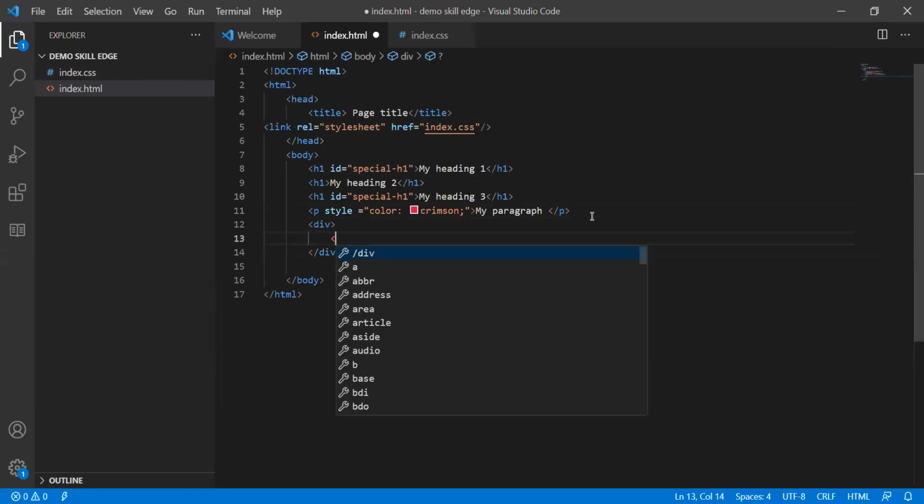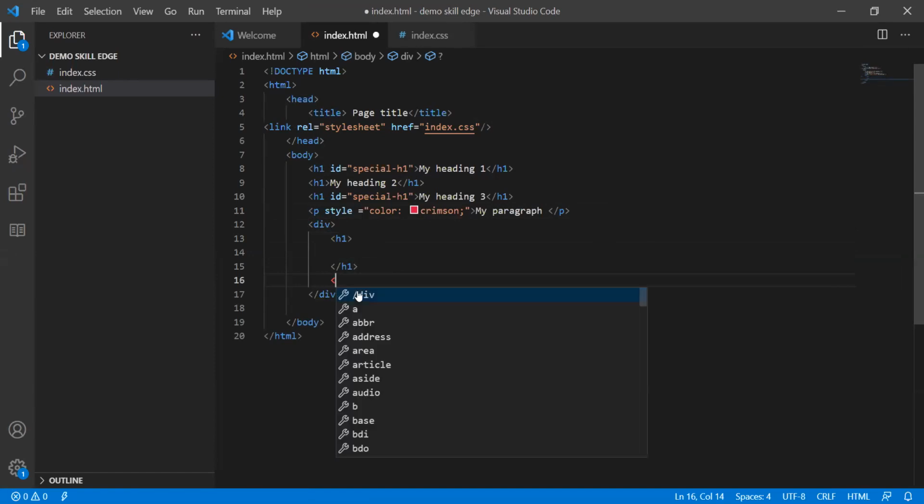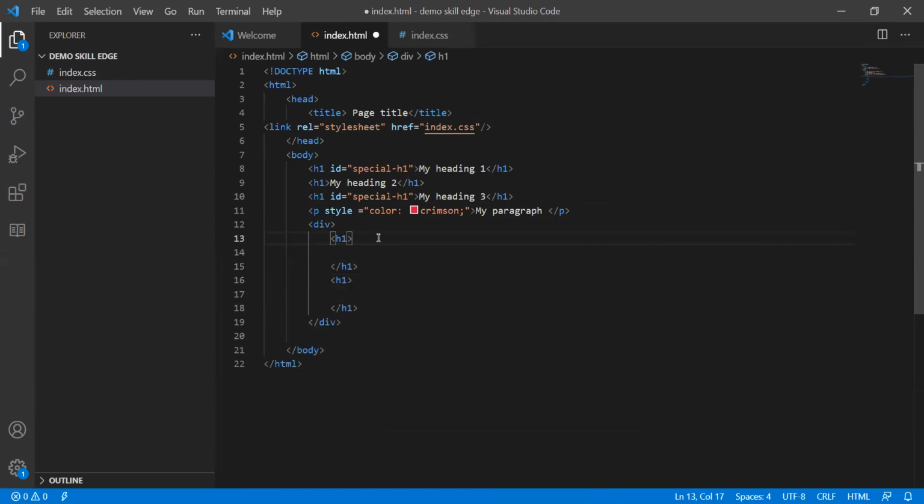One H1 tag here outside and two H1 inside we will put here. One H1 here and another H1. So in this H1, we will keep it as my heading.